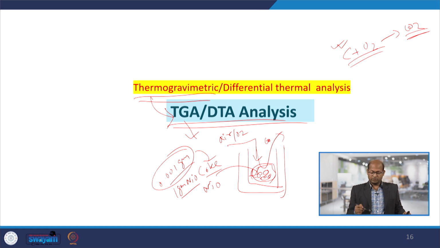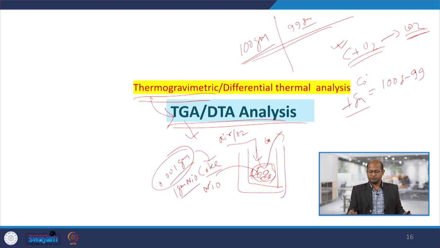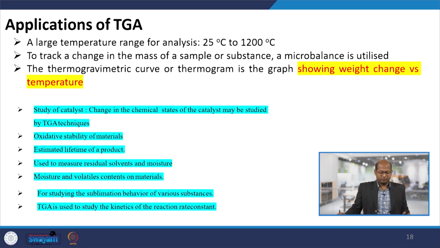Then there would be weight loss. Initially, let us say 100 gram of catalyst was there, and after this reaction it may be 99 gram. So, how many grams of coke was deposited? 1 gram of coke was deposited. In that way we can measure, by the weight loss, and quantify it. Similarly, for some materials, whatever we have prepared,